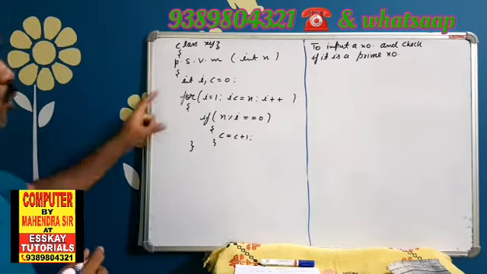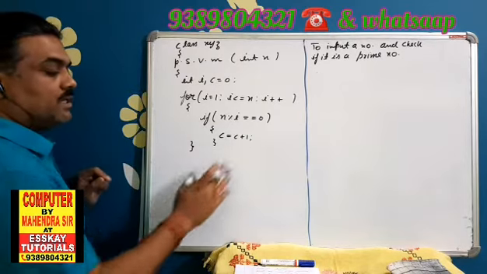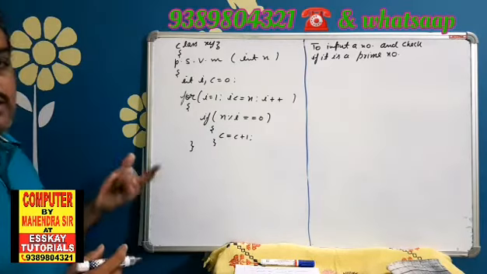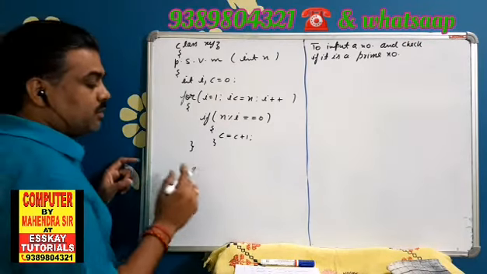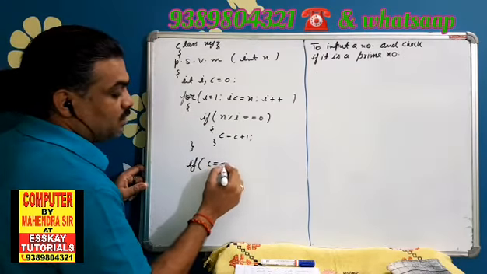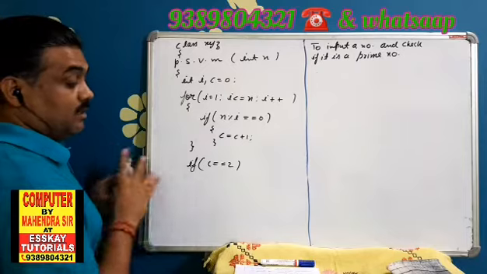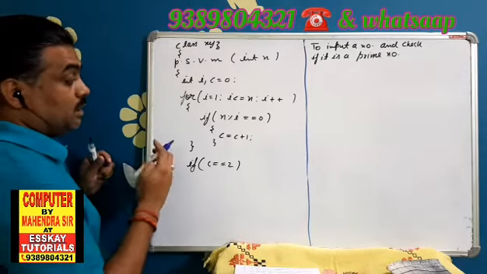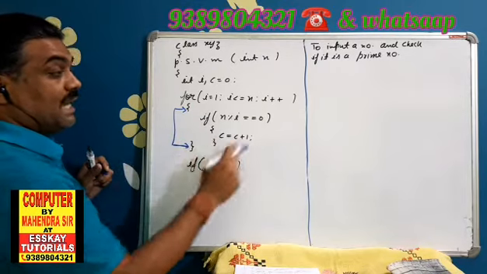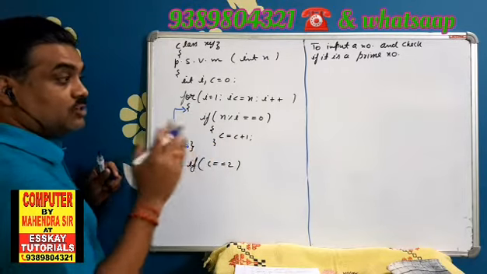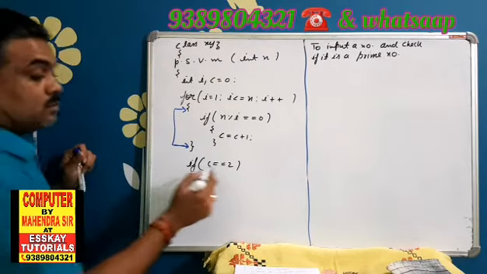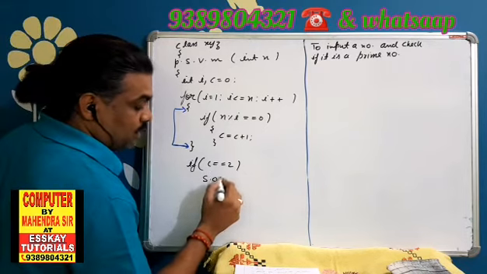Okay? My loop is executed. I have counted the factors. c will give me the value: how many factors are there? 1 factor, 2 factors, 3 factors. My concentration is on if the value of c is 2. See, my loop is ended. Look at this very carefully. I am doing this condition after the for loop ends. The for loop is getting ended. We have checked all the numbers for whether they are factors or not. After that, I am checking if c is equal to 2, then I'll write SOP